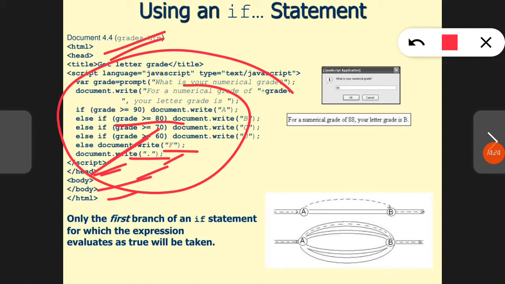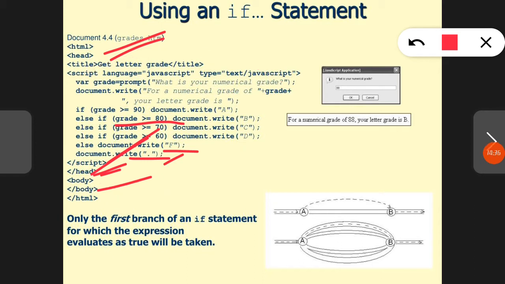So, all this code is written in the head section. So, it is also okay in the JavaScript programming language. I hope you all are understanding the concept. Try to write some more problems on the if statement, so that you can clearly understand how to write JavaScript programs, because it is compulsory that you write one example for the control statements using an if statement. If this question is asked in your examination,